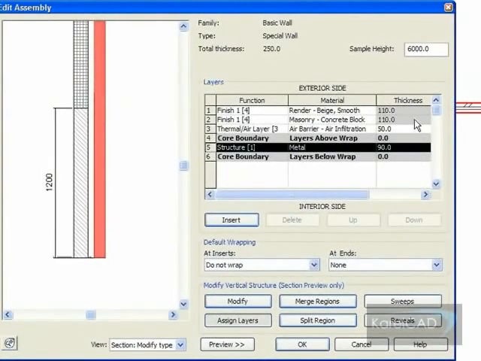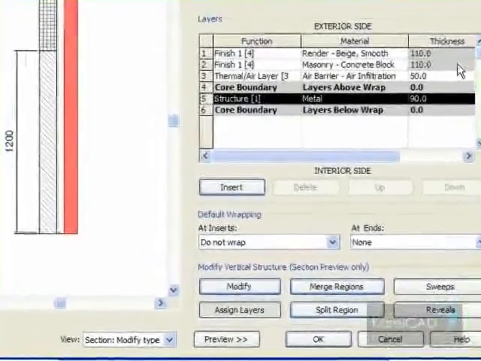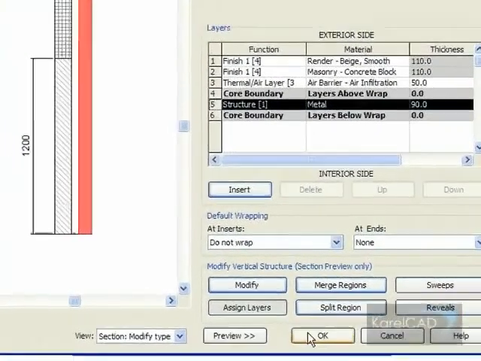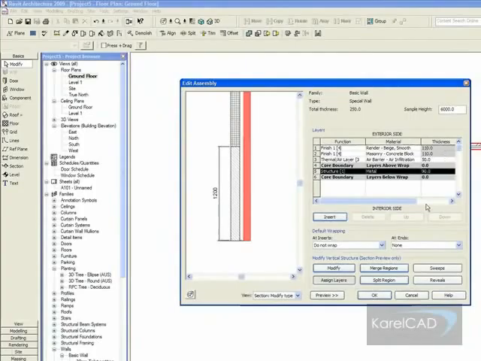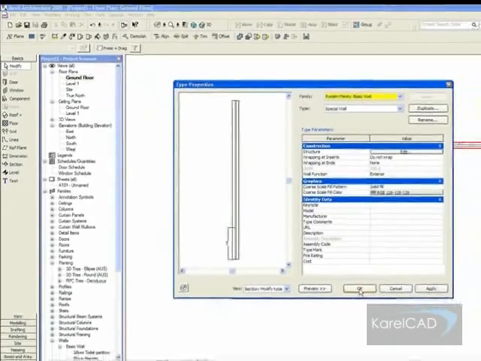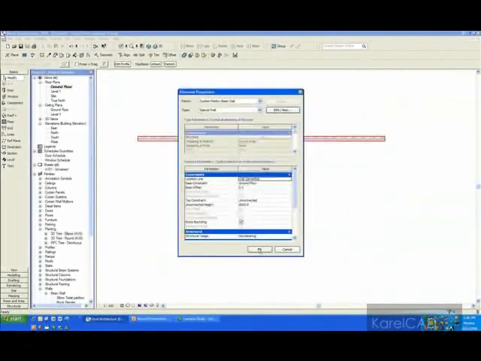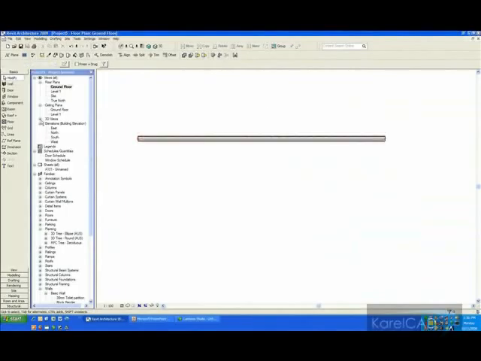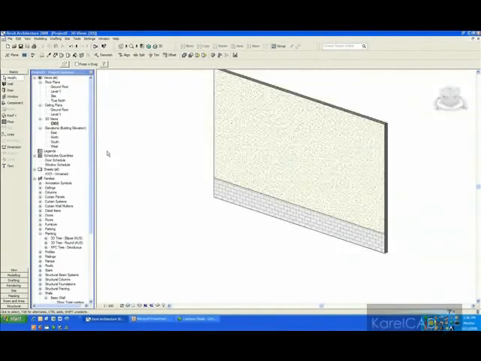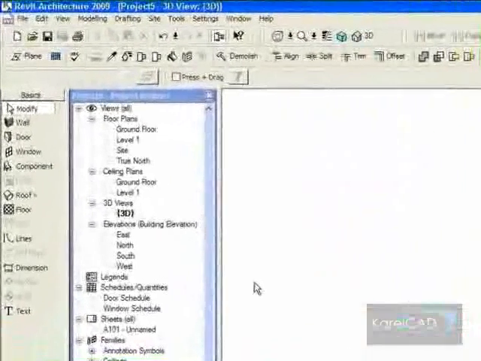You'll notice now that both materials have taken on the thickness that was previously applied to the wall that I copied them from, 110. Now I can't actually change that in either case. So if I then come back to my 3D view, there's my wall, which now appears to consist of concrete block on the lower portion and render above it,